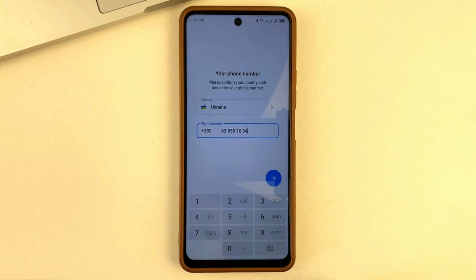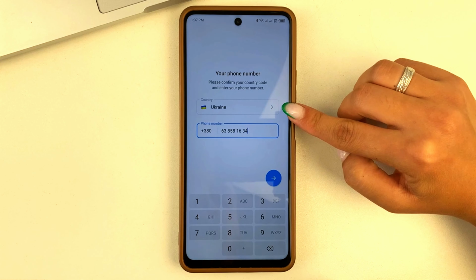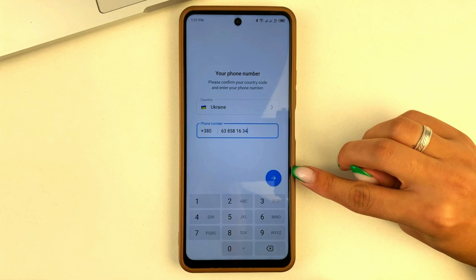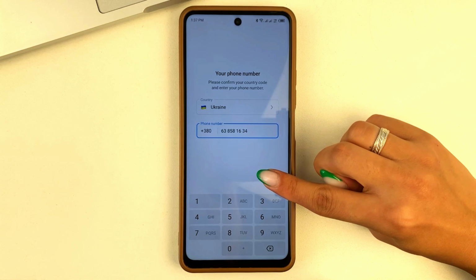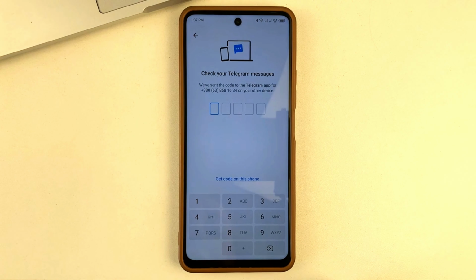After you enter your phone number, also make sure that the country that is mentioned is correct. Also friends, next click on this arrow right here. Confirm that this is your phone number.